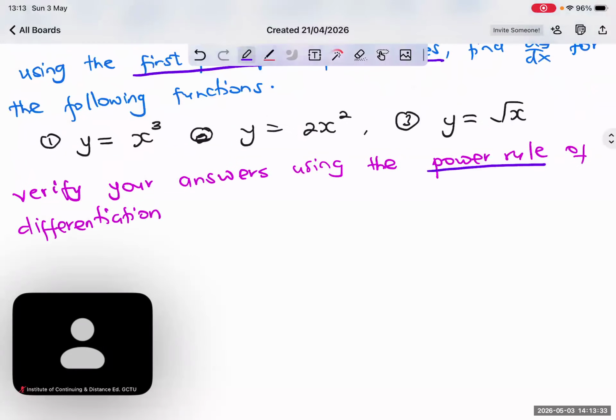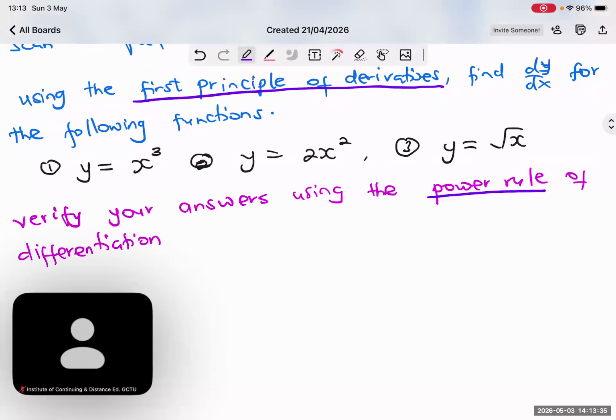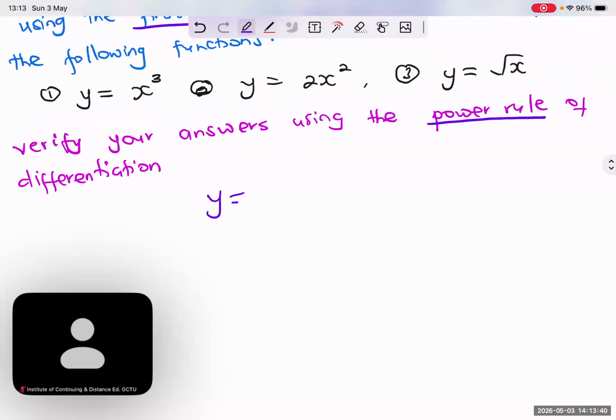Now let's look at when we want to differentiate using the first principle of derivative. Given any function y is equal to f of x, to find the slope of a line that is tangent to this curve, meaning this line that we are going to find the slope of has only 1 point. And so instead of using delta y over delta x, we are going to use small change in y over small change in x. From the first principle of derivative,